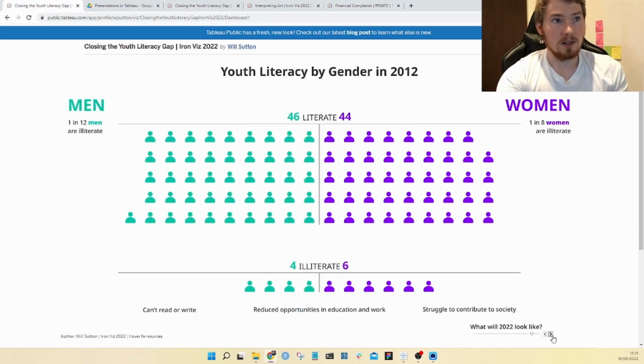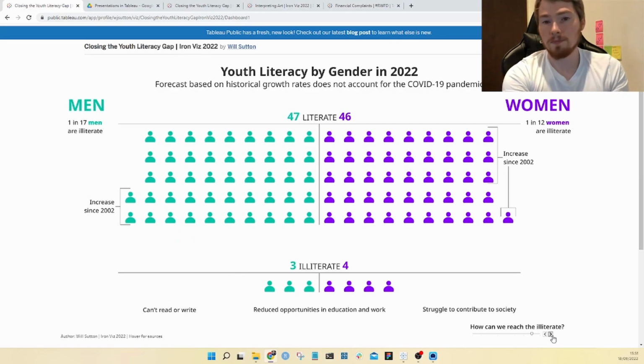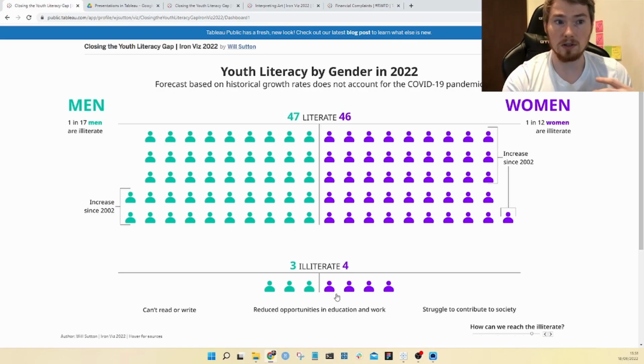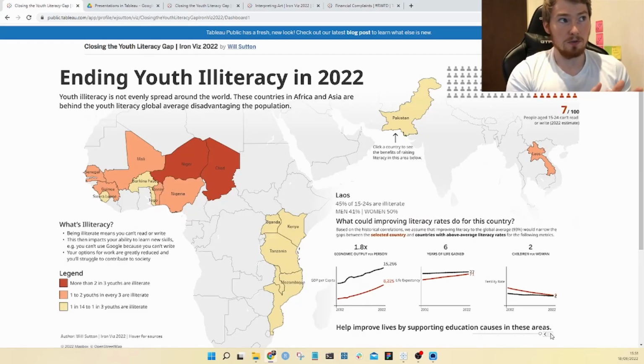But then I asked later on the question: it's been 20 years now. I've now forecasted the data forward to get to present day, but we still have 7 people here at the bottom. They're still illiterate, and I want to know what's going to happen to them, given that we were trying to produce a world where there was fair equality in education for everybody. So this is the final dashboard that I'm going to show. The main interactive piece and the main mission of where we're trying to get to.